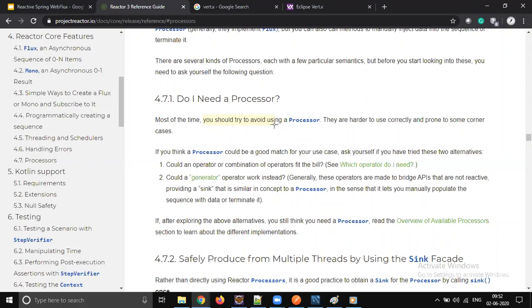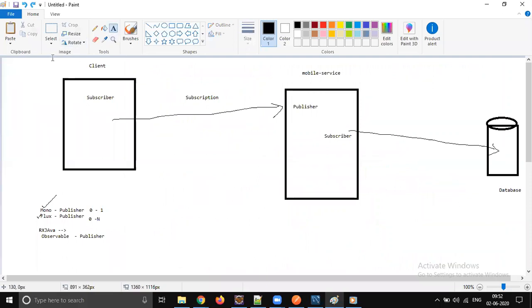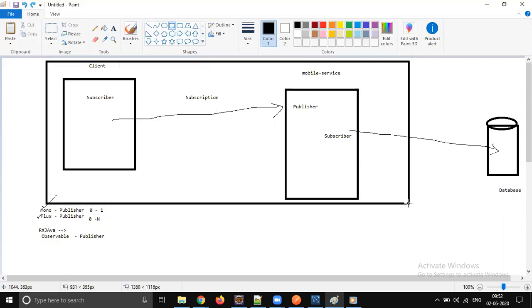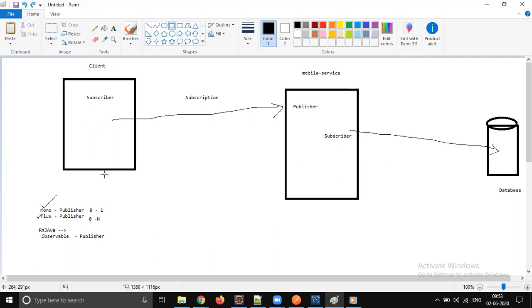A processor is nothing but this entire process. You are joining this training and I'm taking the session. This entire training, this 60 days training, is considered a processor. We will not write any processor unless we are using existing libraries. Processor usage is very, very less, so never try to write a processor.